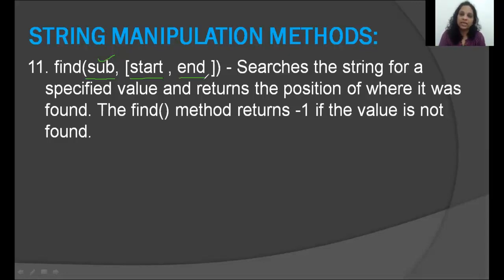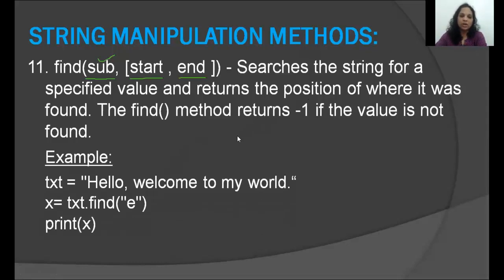When you don't write the start and the end, start is automatically 0 and end is the length of the string, which means it will start searching for the string from the first letter to the last letter. But remember, it's only going to be returning the position of the first occurrence of the substring. Because if you're searching for O, it could appear multiple times, so it's not going to be returning all the multiple values. It's going to be returning the first time it comes across O, if O exists, okay? But if O doesn't exist, then this function returns the value -1. Is that clear?